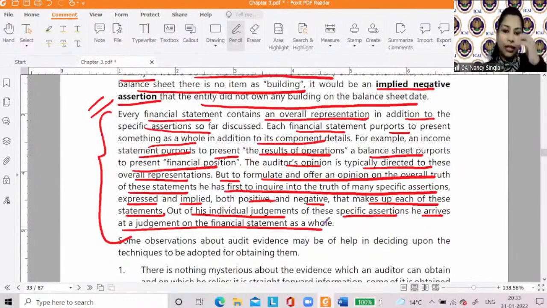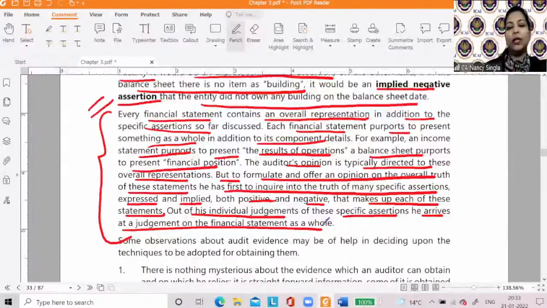Now, if the auditor has seen that the building exists, ownership is there, rights are there, value is fine, okay, the building is correctly shown. Same way for purchases and sales. When the auditor has a conclusion on all of them, he will be able to give an opinion on the financial statements